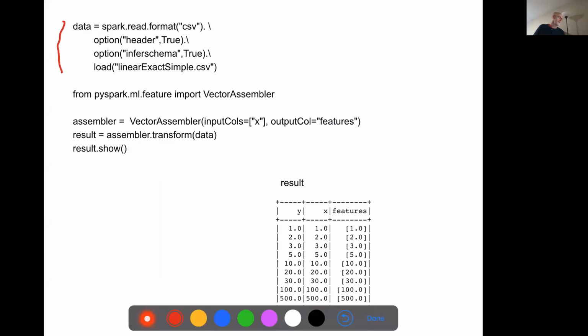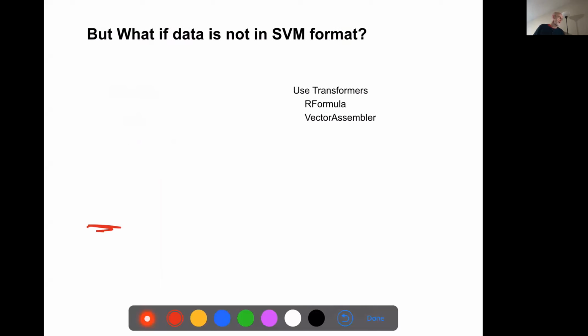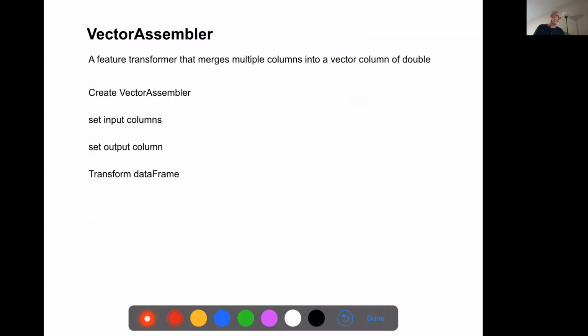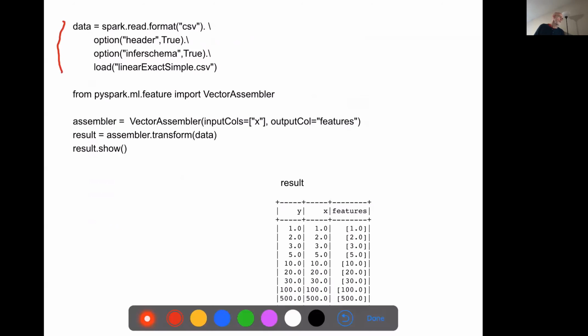And if we look at the input, our independent variable is labeled X. And so here, our input column is, again, just X. And then we want the output column.